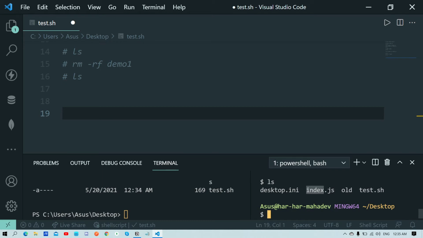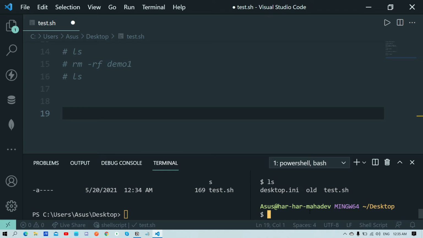So yeah, it's created. And if I hit rm again, if you don't know the full name of the file, something like ind something, but you know the starting characters, you can simply hit star. It will remove all the files that start with ind. There is only one file here. So now you can see all the ind files are deleted, no matter whatever they may be. So make sure to use star.